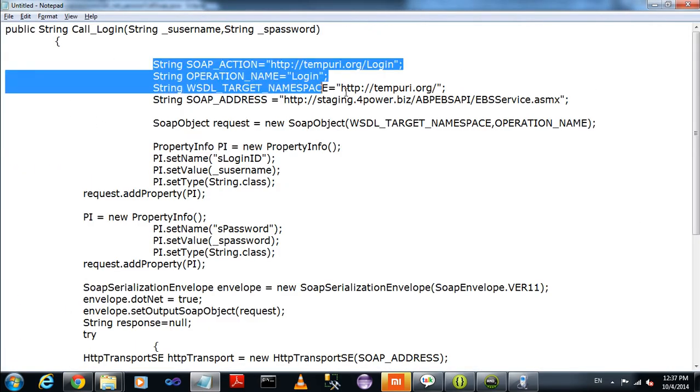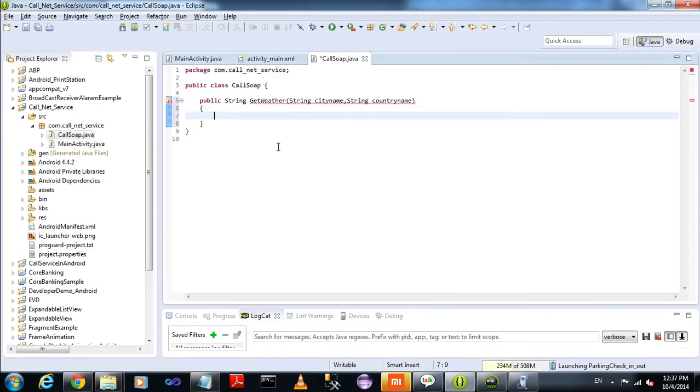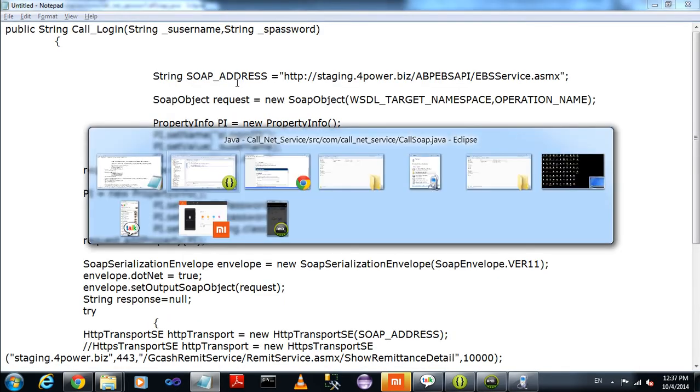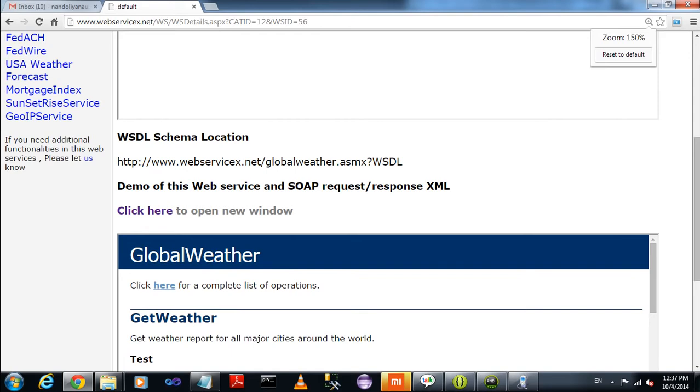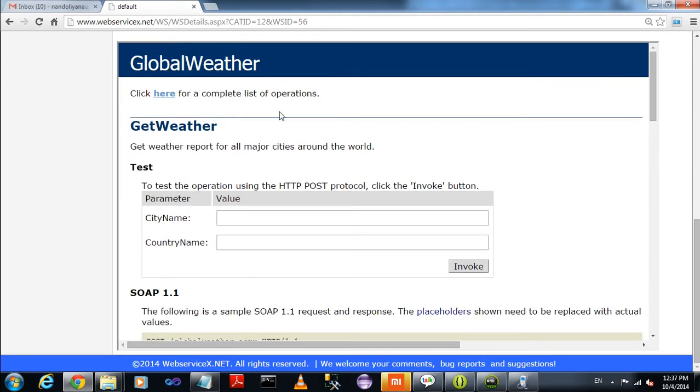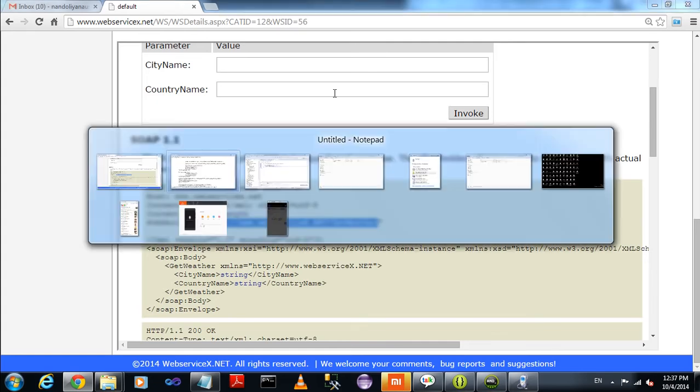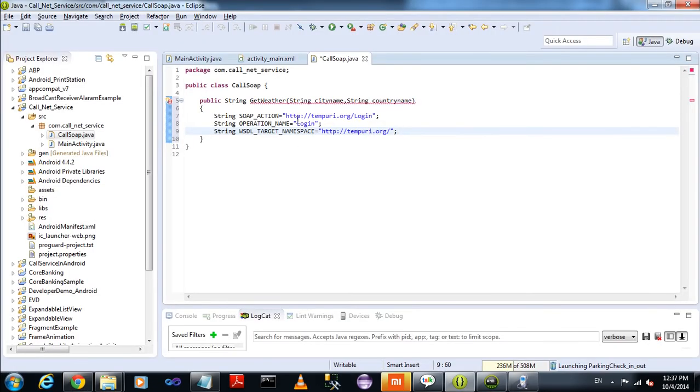Now just declare some global variables like the soap action. This is my soap action, webservicex.net global weather.